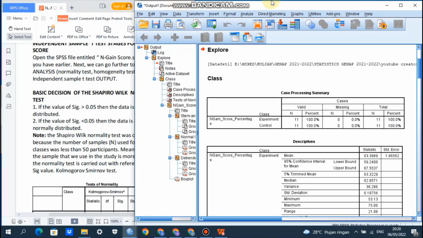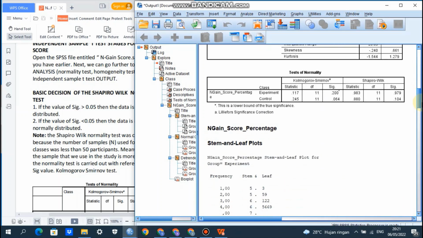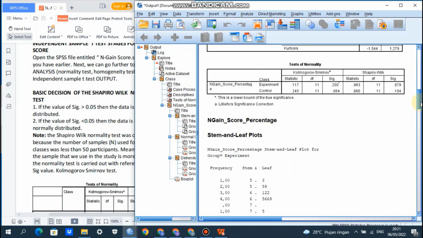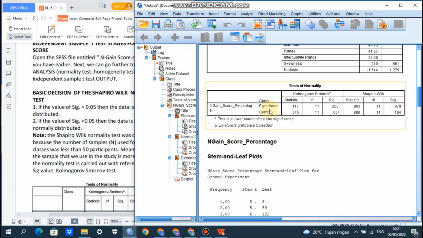Okay, we have looked at the case processing summary output, descriptives, and test of normality. From the three outputs, we focus on test of normality. So we have a look at this one, experiment class and gain score percentage, control class. Here we go to Shapiro-Wilk, and from the significance here, we see that the result of experiment class